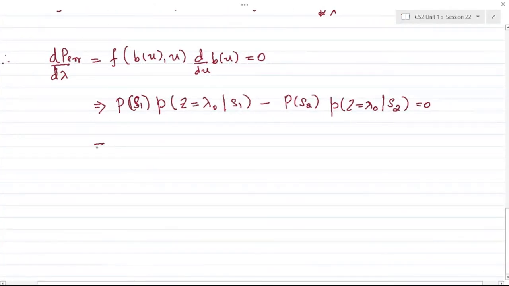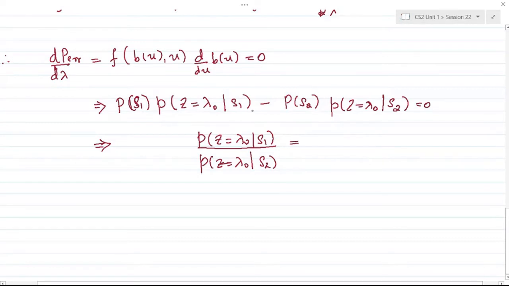Fine. So this implies that we rearrange the term. What we can write here is that p of z given lambda naught given s1, over the distribution p of z equal to lambda naught given s2 is transmitted, would be equal to p of s2 by p of s1. Convert the distributions into the Gaussian representation, correct. So the numerator here would be 1 over root 2 pi sigma times exponential of